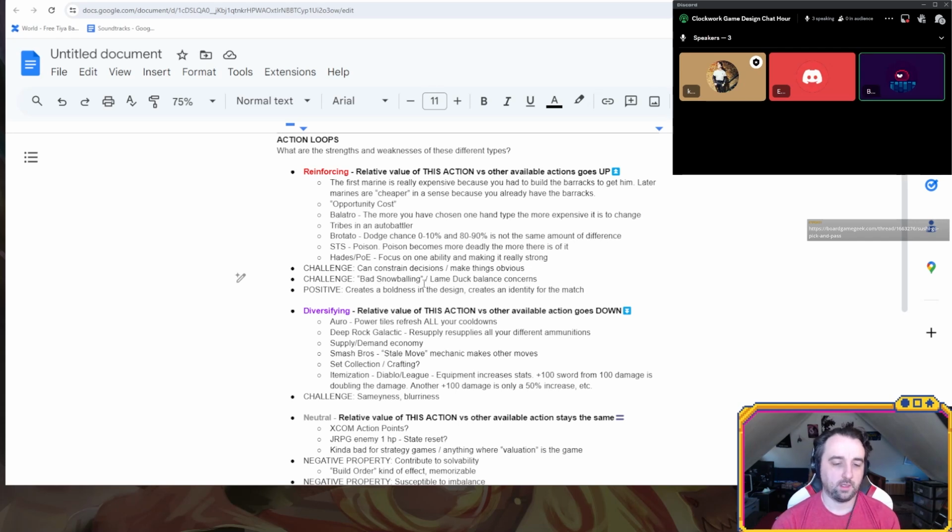I don't know how much of this was intentionally thought about versus just stumbled into, but I do think it's not really a surprise that a lot of roguelikes have at least some level of reinforcing loops, because if you don't have that, then you start having it be like, oh, I played it a few times, but it kind of feels the same every time, right? Yeah. Sure.